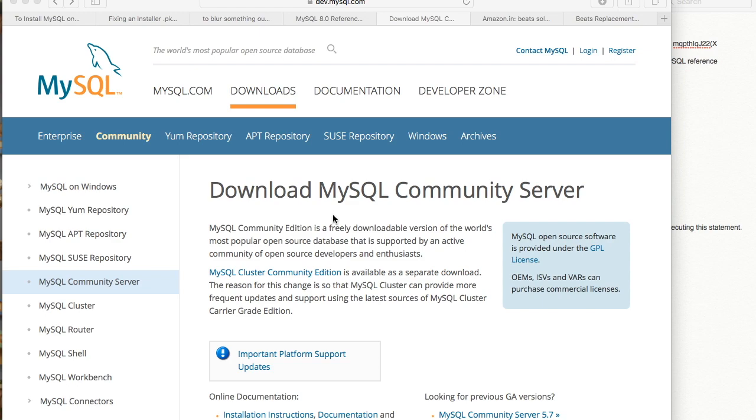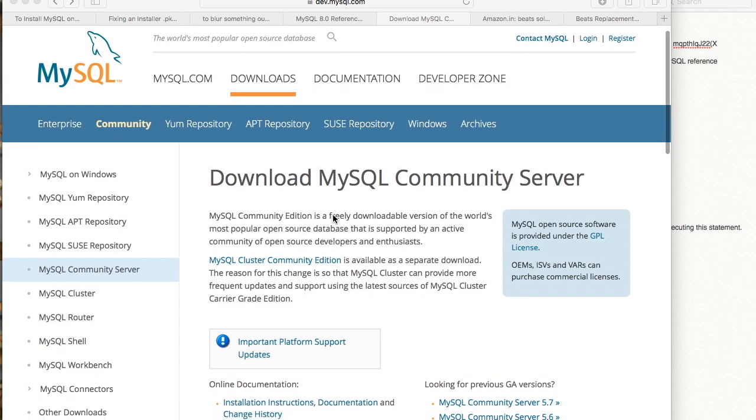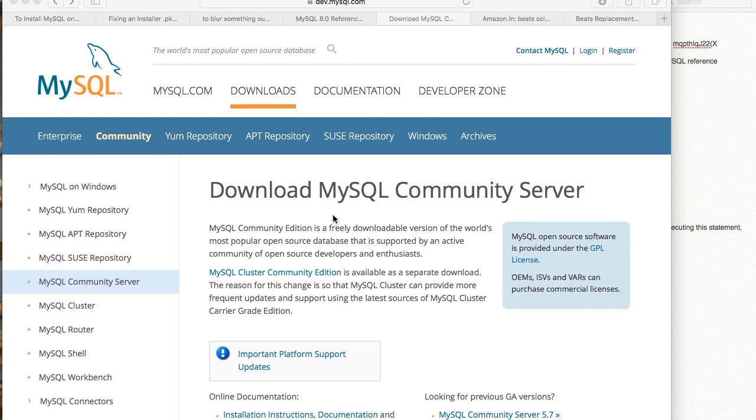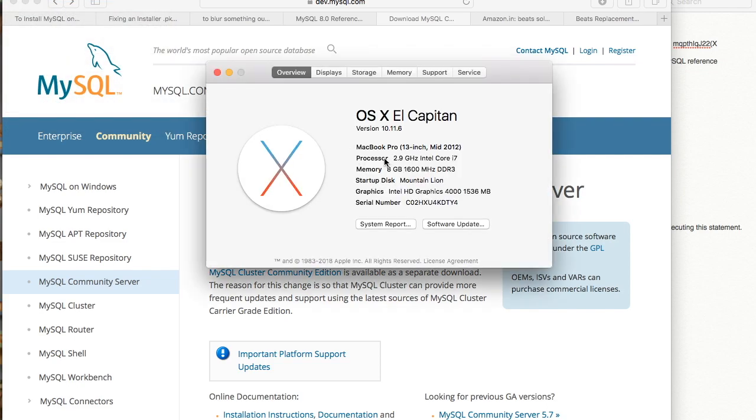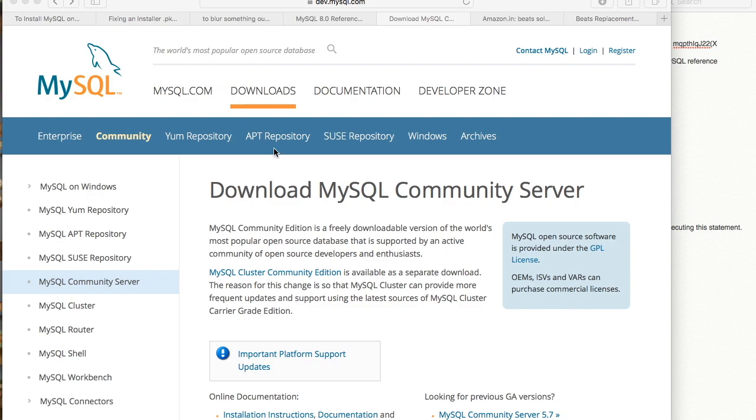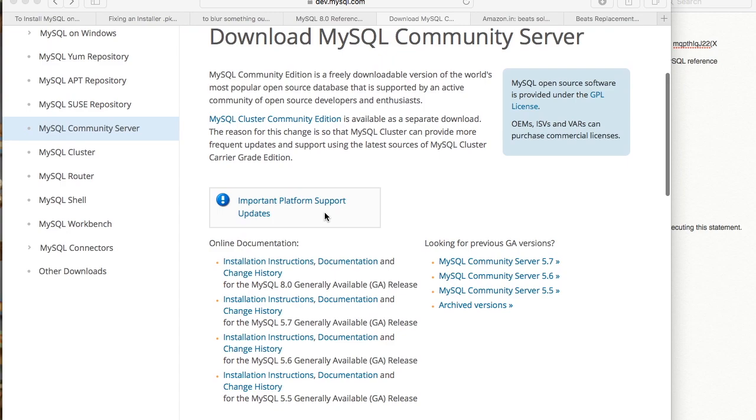Folks, I'm going to share a small tip that is probably required for those looking to install the MySQL Community Server on their operating system. I have a MacBook Pro, so I'm installing this on Mac OS El Capitan, version 10.11.6. Why I'm mentioning the version number is that when you are downloading this MySQL Community